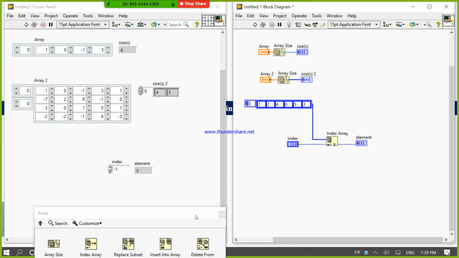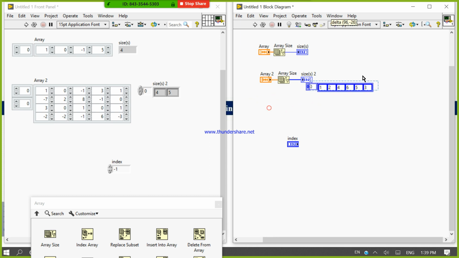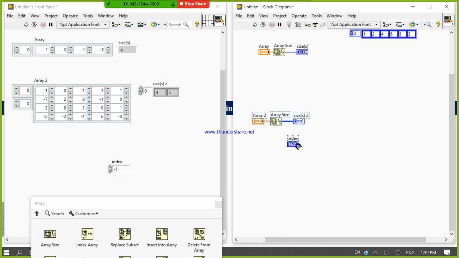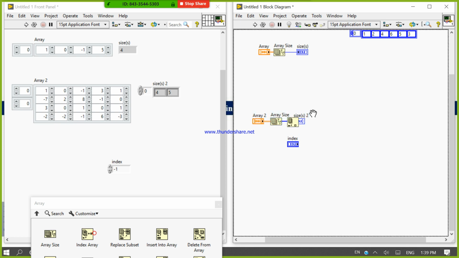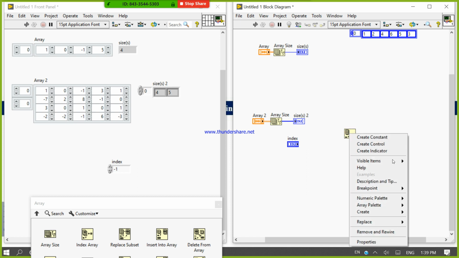Now if you are done, then look here. If you are done, then delete it, Control B. Now we will target our 2D array with the same function. In the 2D array we will learn 3 things.